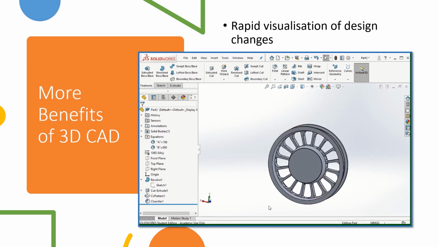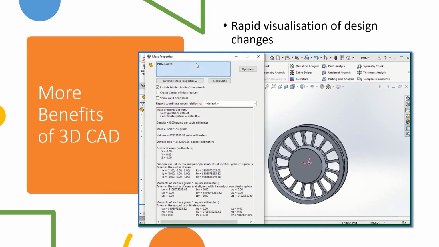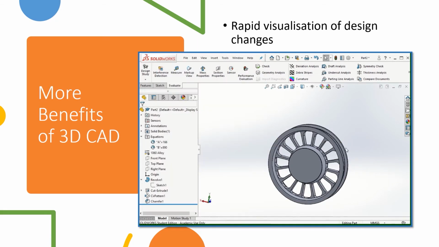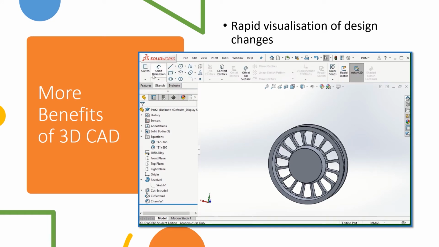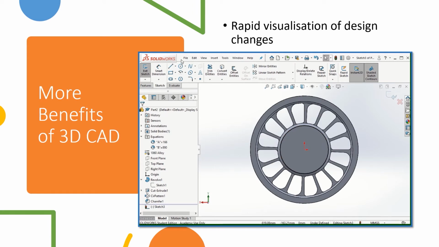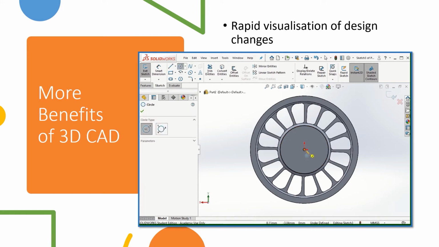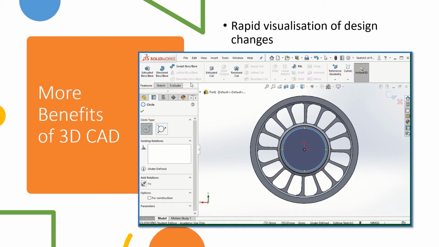Okay, let's go and see what the mass of our part is again. So mass properties, there we go. So we're still substantially bigger because we're 129 kilograms now. That's because we made this central part really big. Let's take a bit of the weight out of here. Okay, so we're going to aim to get this down to about 50 kilograms, which is pretty much where we started. So I'm just going to leave a bit of something there, and we'll do an